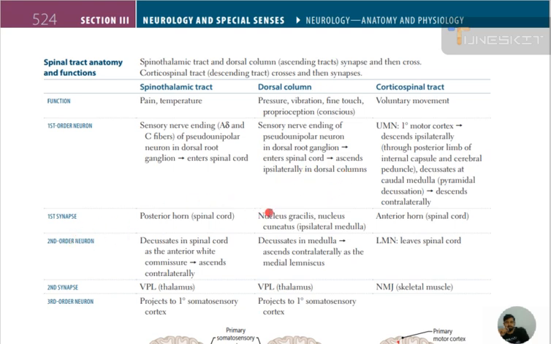The first synapse will be with the nucleus gracilis and nucleus cuneatus at the ipsilateral medulla. And the second order neuron decussates in the medulla and ascends contralaterally as the medial lemniscus, to the level of the ventral posterolateral thalamus, and projects to the primary somatosensory cortex, where the information will be reviewed